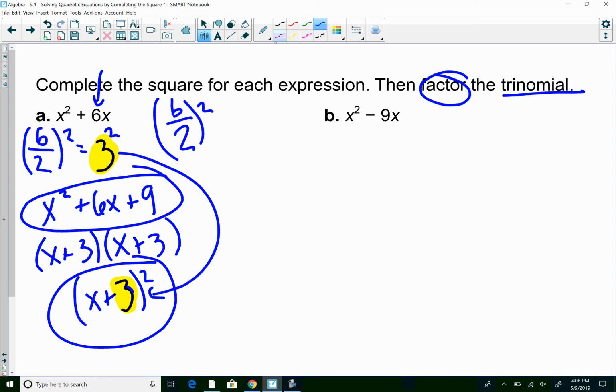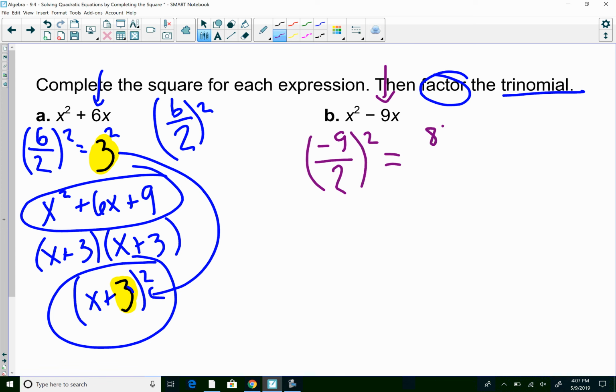Okay, now example B. Example B, I love this example. This is not going to turn out to be a super, super nice number for us, obviously because it's odd. And our entire process, we love even numbers. Those are the ones that work out really well for us, but it's not always going to be the case. So we're going to take -9 divided by 2, and actually don't even worry about doing the actual division. Let's keep this as an improper fraction,